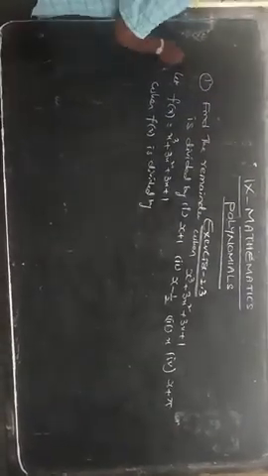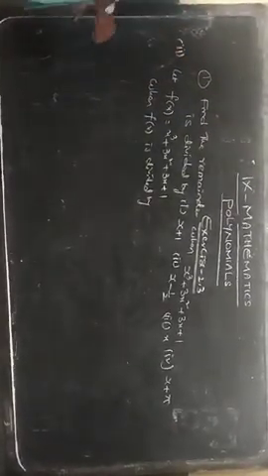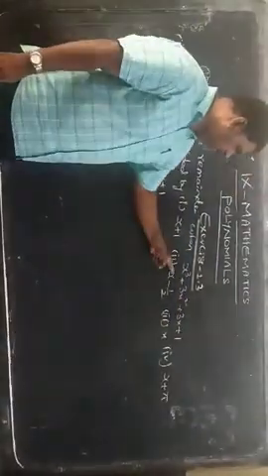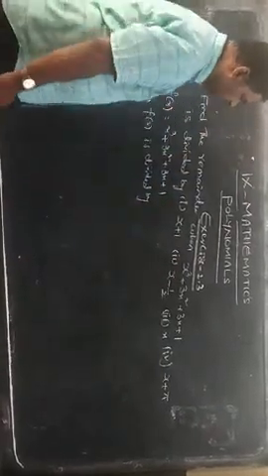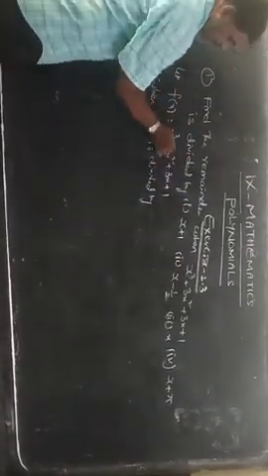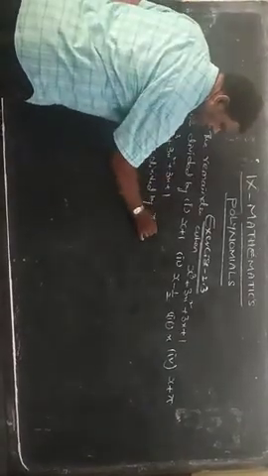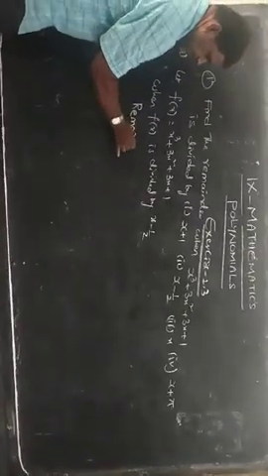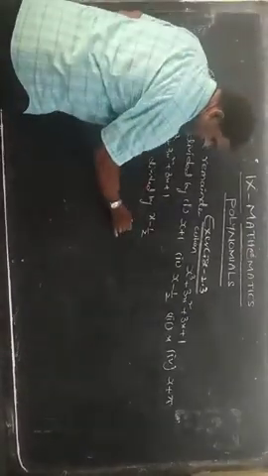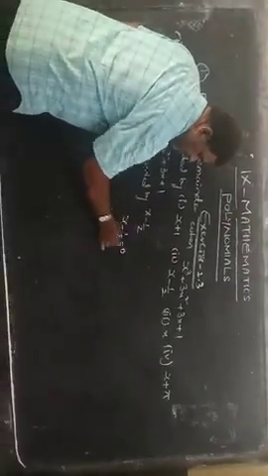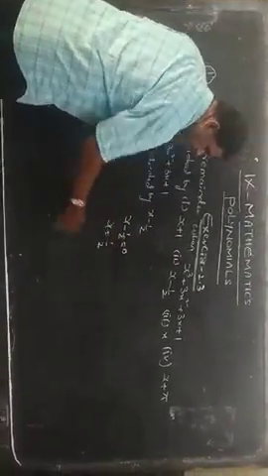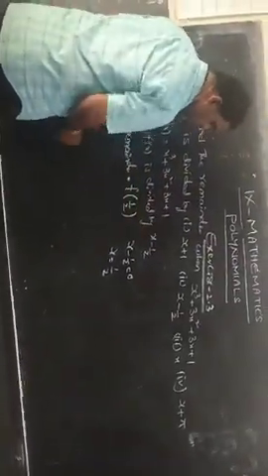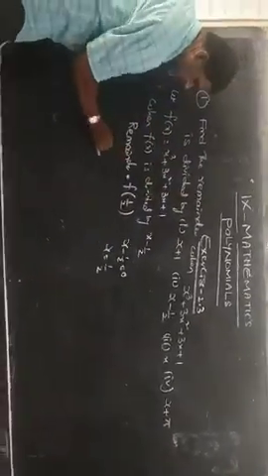Now the second bit, when x cube plus 3x square plus 3x plus 1 is divided by x minus 1 by 2, we should find out the remainder. So when f of x is divided by x minus half, we equate x minus half to 0 and find out the x value. The x value will be 1 by 2. This 1 by 2 we have to substitute in f of x, that is the remainder. So we should find out f of 1 by 2. Let us substitute 1 by 2.